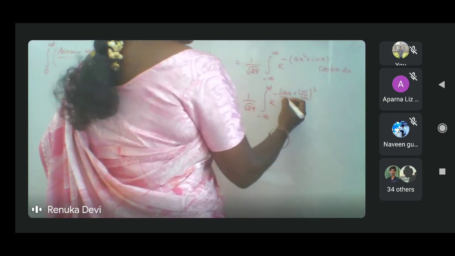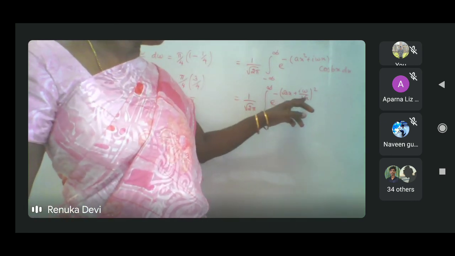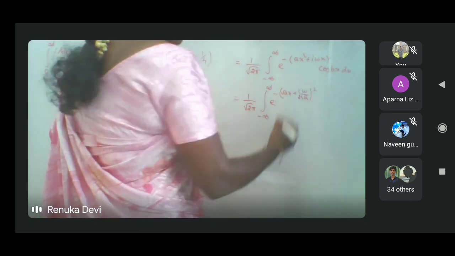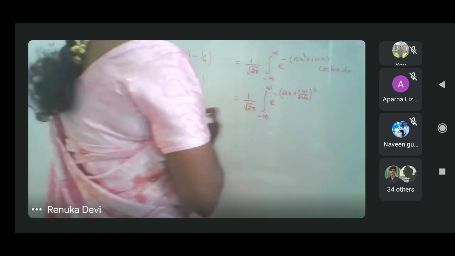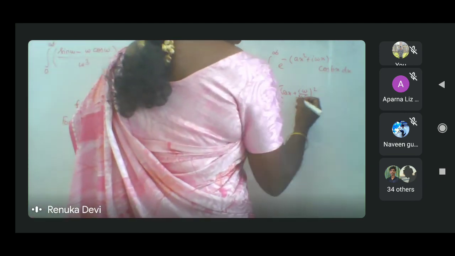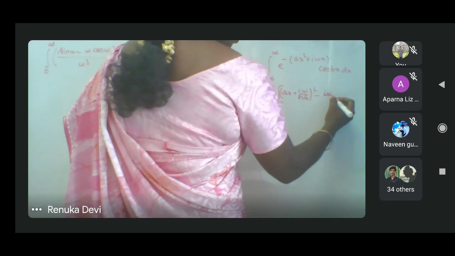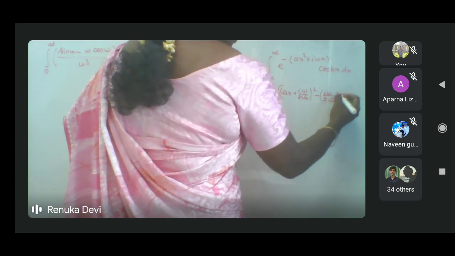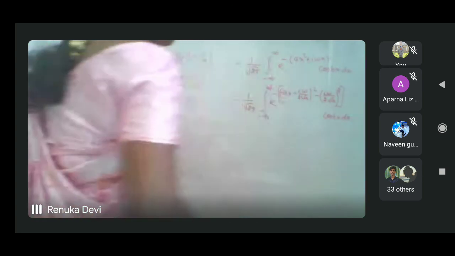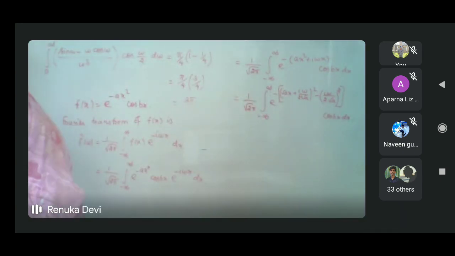Is it okay? You just check. It is a square plus b square plus 2ab. For 2ab, I put 1 by 2 here, half of that. This is minus, so you have to subtract this, that is i w by 2 root a, squared, has to be subtracted, into cos bx dx. The same problem we have done without this cos bx. So you make it into perfect square form.